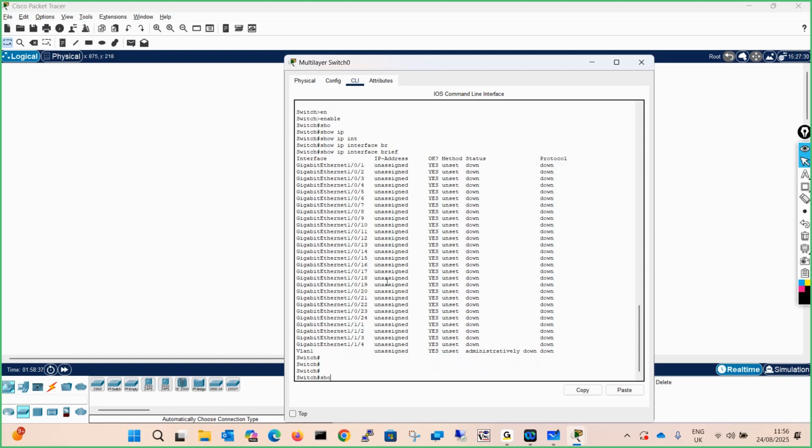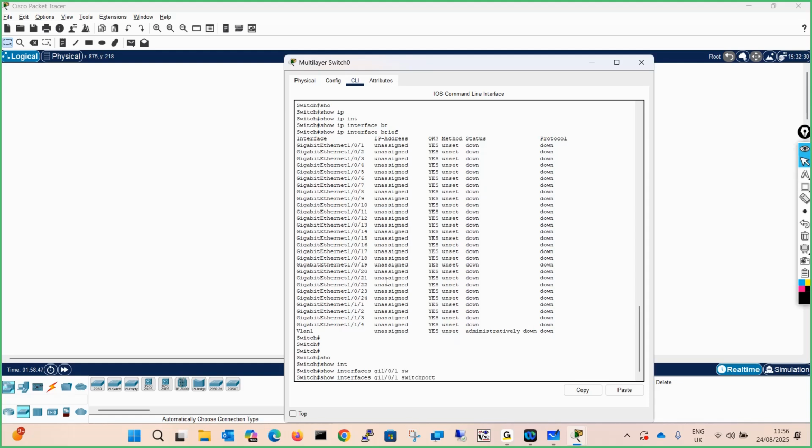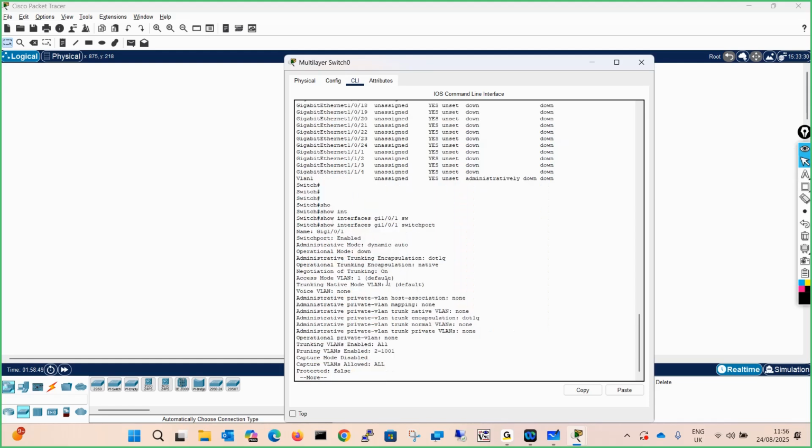Now give the command show interface gi1/0/1 switchport and hit enter. What does it say? The name of the interface, then it says the switchport is enabled, meaning that it is a layer 2 port.